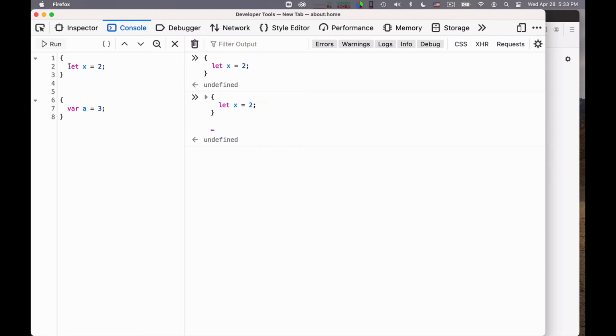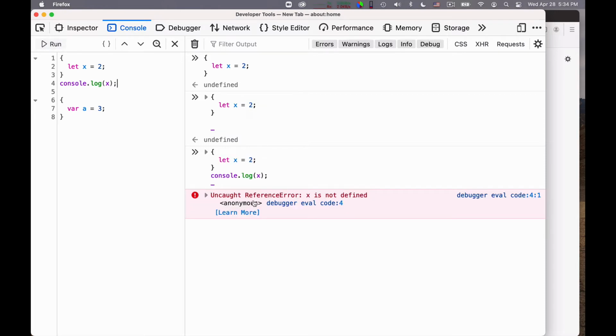Essentially, the scope of let is limited to the block of code that contains the let declaration, so anything from this opening brace to this closing brace. So if I now add here a line that says console.log of x, and I run this piece of code, the result will be an error, ReferenceError: x is not defined, because here, which is outside of these two braces, x is not defined.